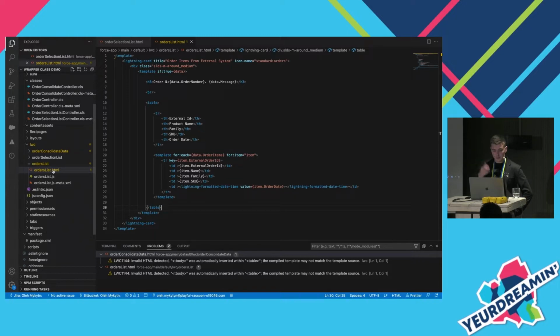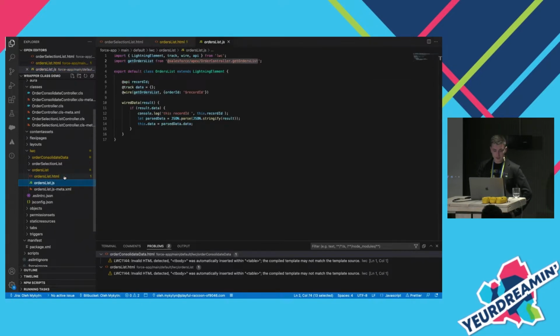It looks pretty much the same. It only has a message for this order, a message that we received from our JSON, and the JavaScript looks pretty much the same. So if we go to this controller,